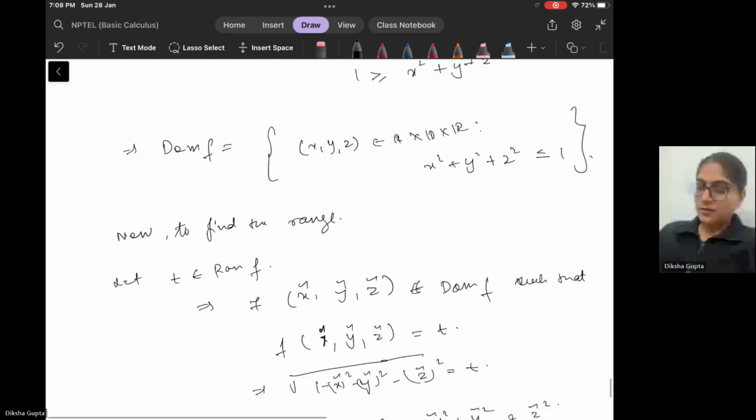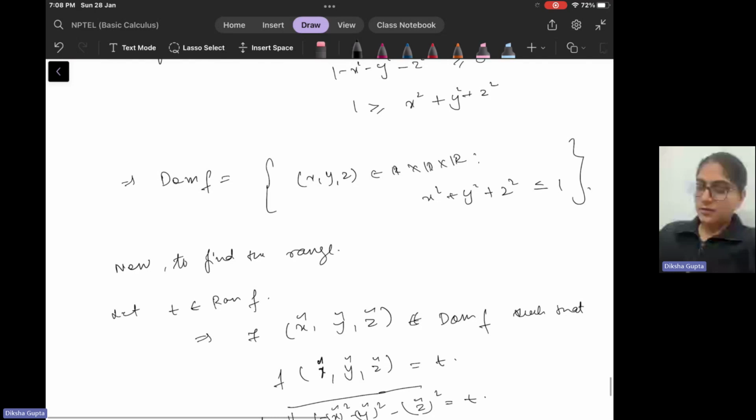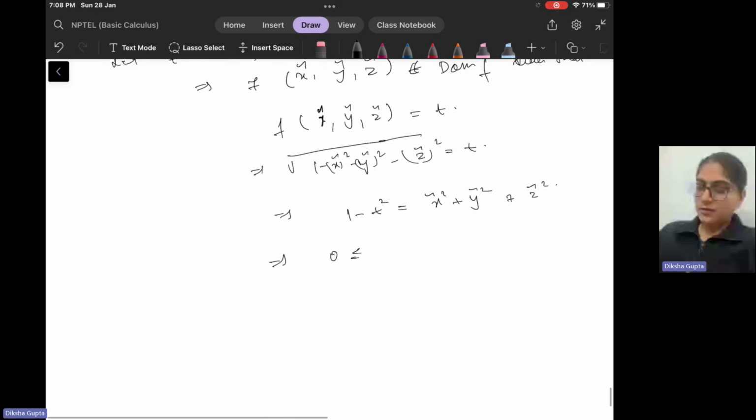Now, x squared plus y squared plus z squared is less than or equal to 1. So 0 is less than or equal to 1 minus t squared, and you have to find where t belongs. This is one of the inequalities. We can clearly see that 1 minus t squared will be in this range, right? So you get, implies